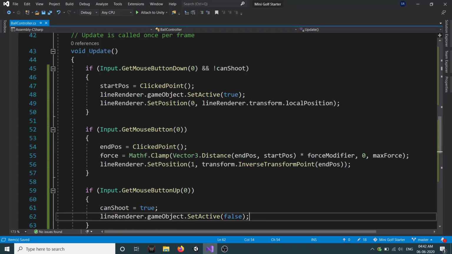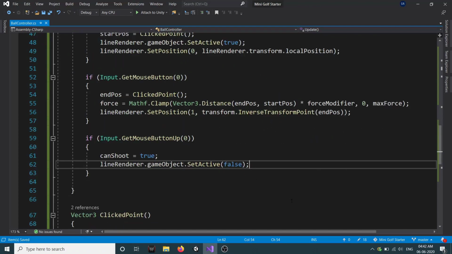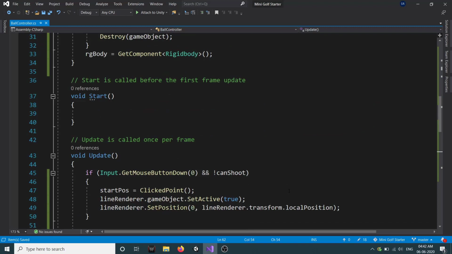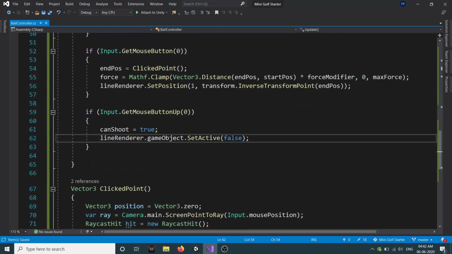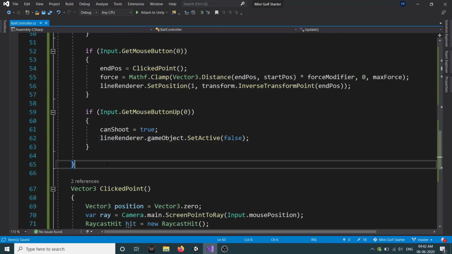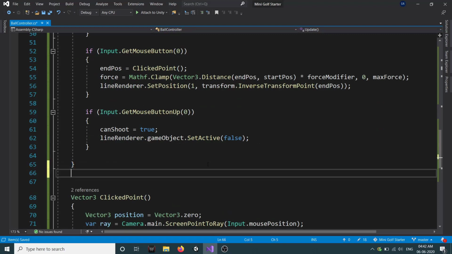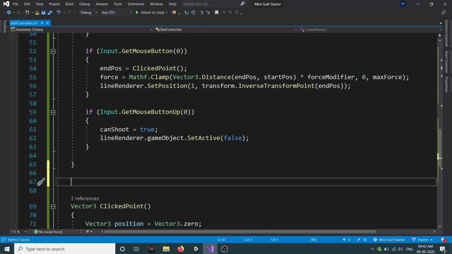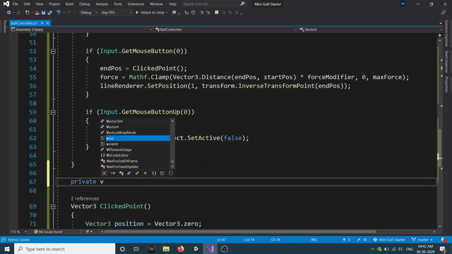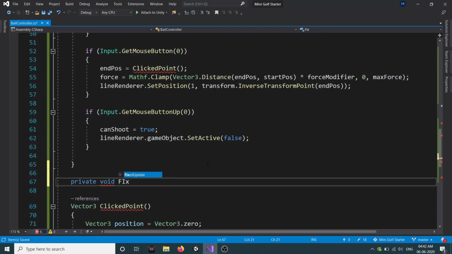Okay, so we are doing all these things in update. We also need to add a force to our rigid body, and we know all the physics must happen only in fixed update. So for that we will create a private void fixed update method.